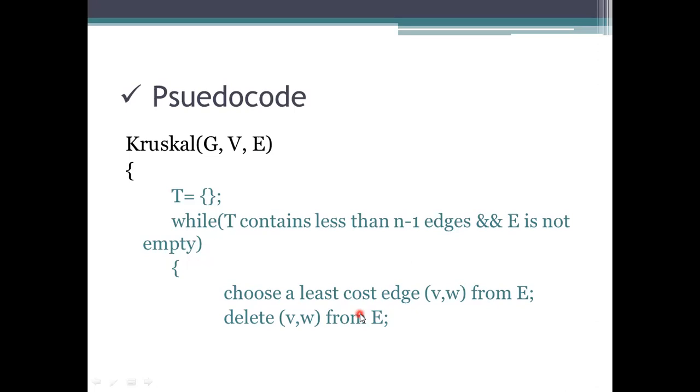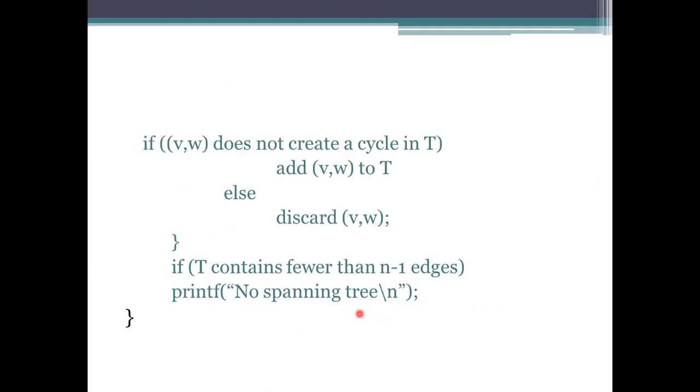If you are not deleting, it will be taken as an unmarked one and we are using that edge repeatedly. So you should use the edge once only. One time has to be used. So here the selected edge has to be read and we will access that edge and we will delete that edge from this edge subset. Okay, so after deleting, we need to look at the second step.